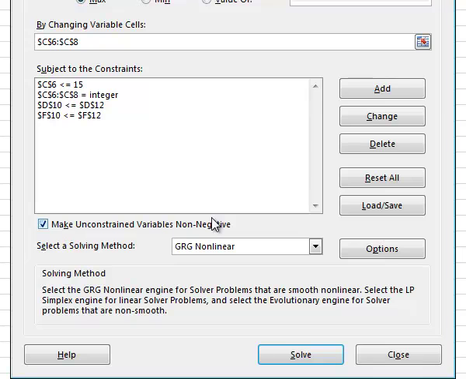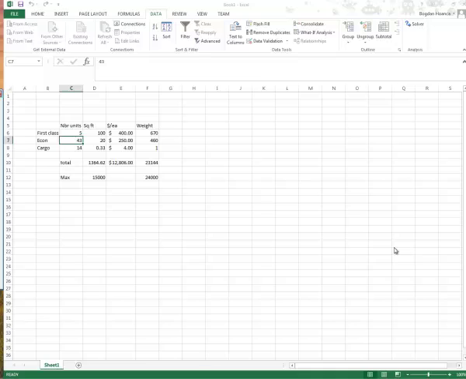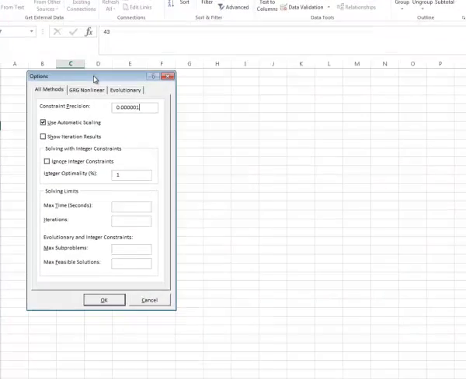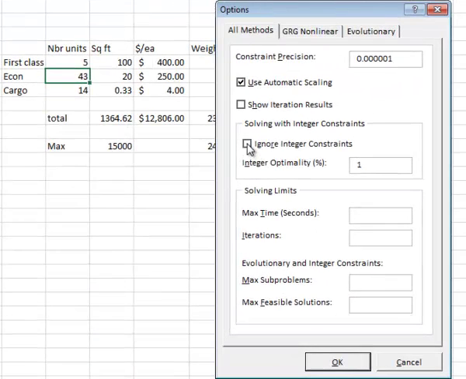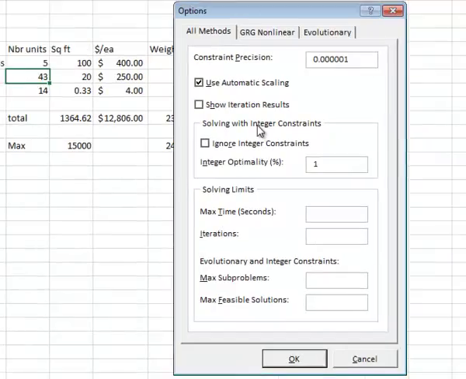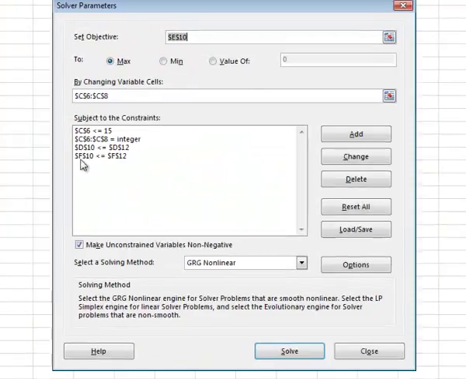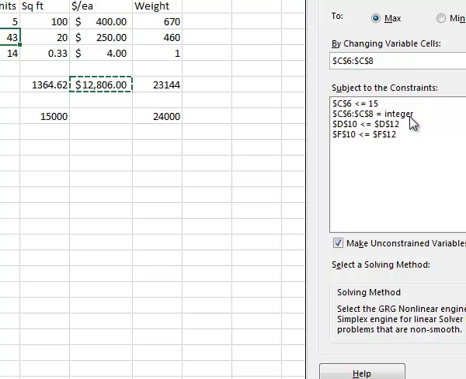We have make unconstrained variables non-negative, which is a good idea because we do not want to end up with negative seat values. I'm going to click Options here, and sometimes this box is checked. You need to make sure it's not checked, because otherwise your integer constraints will be ignored, and so you will end up with fractional seats even though you have specified before here that the number of seats has to be integer. So at this point, I'm just going to click Solve,